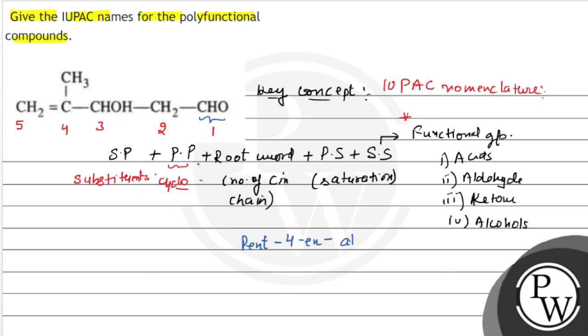Now since it is not cyclo, let's look at the substituents. Now we have two substituents. At the 3rd position we have hydroxy, and at the 4th position we have methyl. Now let's look at the alphabetical order. How would they be in alphabetical order? So H would be prior to M, so we should write 3 hydroxy, and 4 methyl,